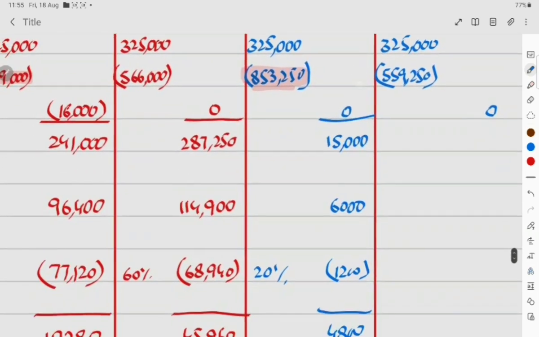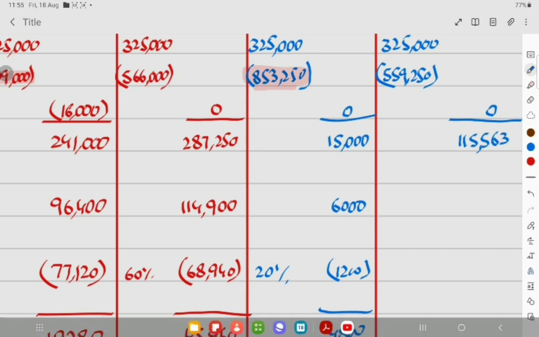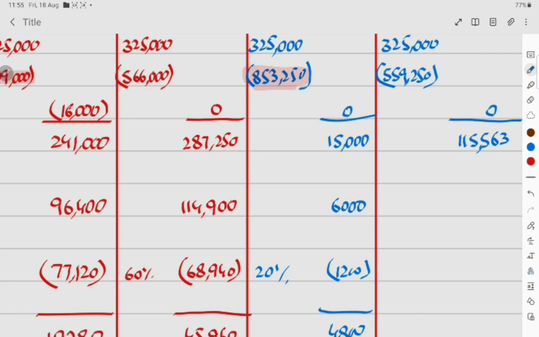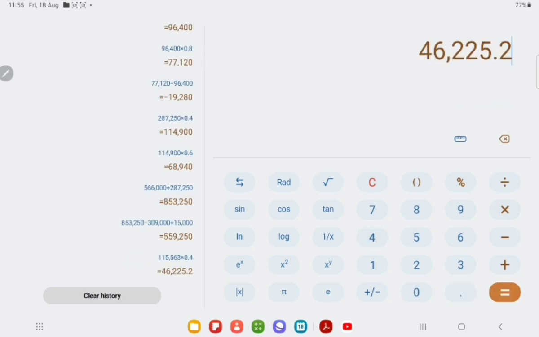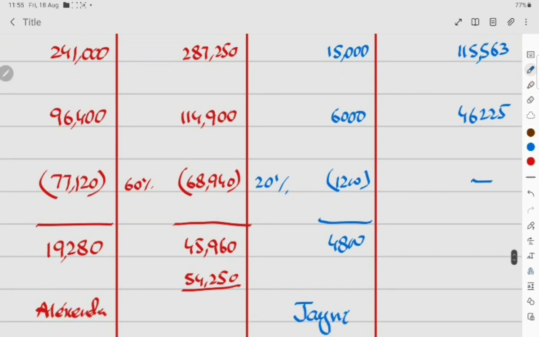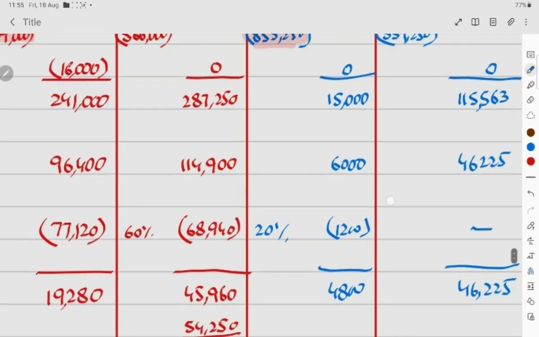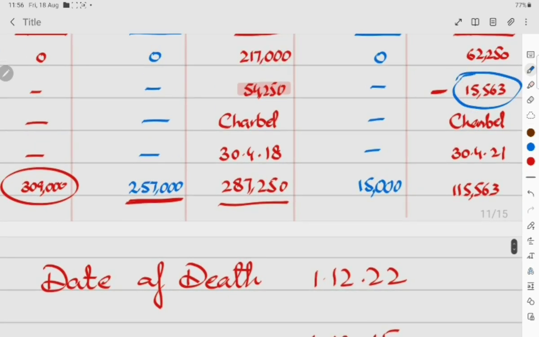So the whole amount of 1,15,563 is your taxable amount, and tax is to be calculated at the rate of 40%. So it is 46,225, the tax liability, and the period from gift to date of death is less than 3 years, so there is no taper relief. But on this gift some tax has been paid during the lifetime. During lifetime, the tax that has been paid is 15,563,